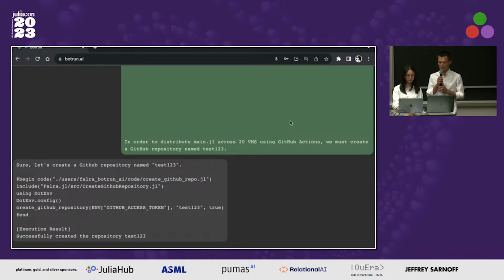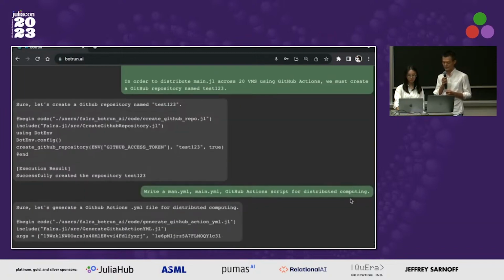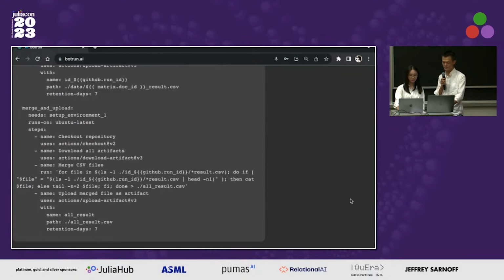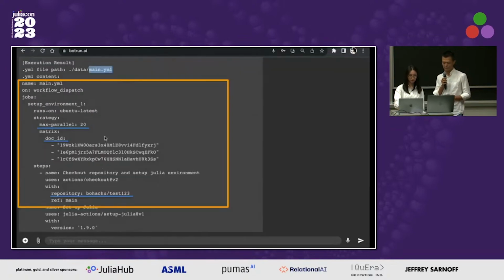This will instruct GitHub to process different zip files in parallel across 20 different virtual machines. Okay, Baran, please write a main.yaml GitHub Actions script for distributed computing.